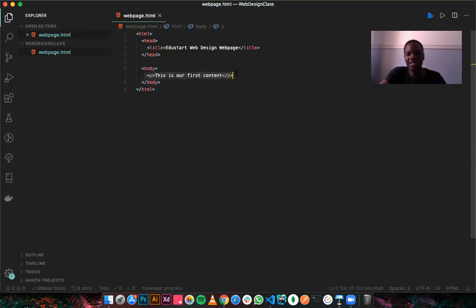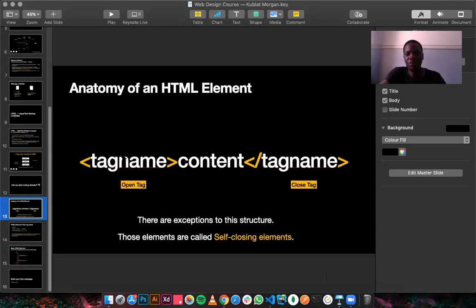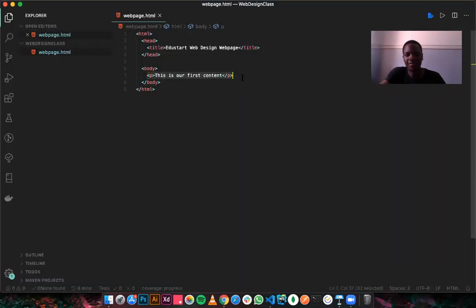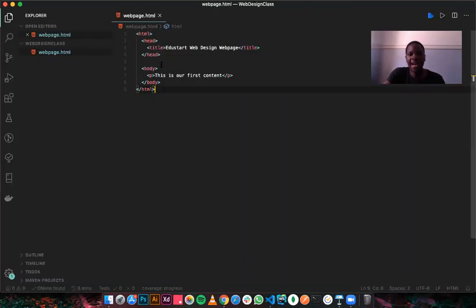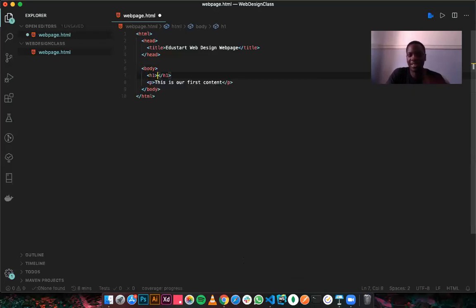Notice that this is similar to the structure for our elements. The tag name, which is P, for the open and close tag, and then the content. That is what we are having here. So when I save that and I reload, we can see that that is what we are having there. Now, in the same vein, you can add a title tag. In this case, I will use the H1 title. The H1 is the largest heading you can have. Sorry, your heading tags, your heading elements. The H1 tag is the largest heading.